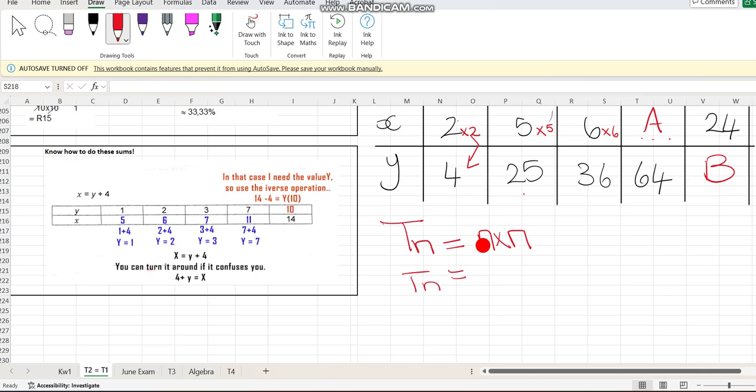TN. Term nommer, term number. But what do we do if we multiply something with itself? We can also say n to the power of 2, which means this number multiplies with itself. Then when you've answered that question,